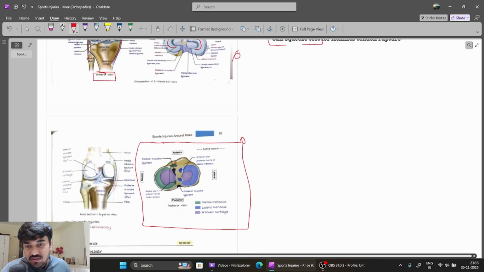So the anterior most lies the anterior horn of medial meniscus. After that lies the anterior cruciate ligament. Third and fourth are the anterior and posterior horn of lateral meniscus. Then fifth is the posterior horn of the medial meniscus, and then finally on the most posterior aspect is the posterior cruciate ligament. So this is the sequence of ligaments